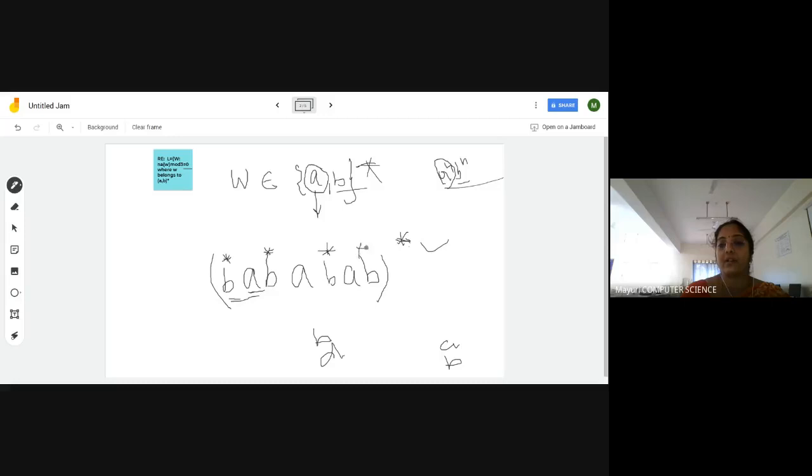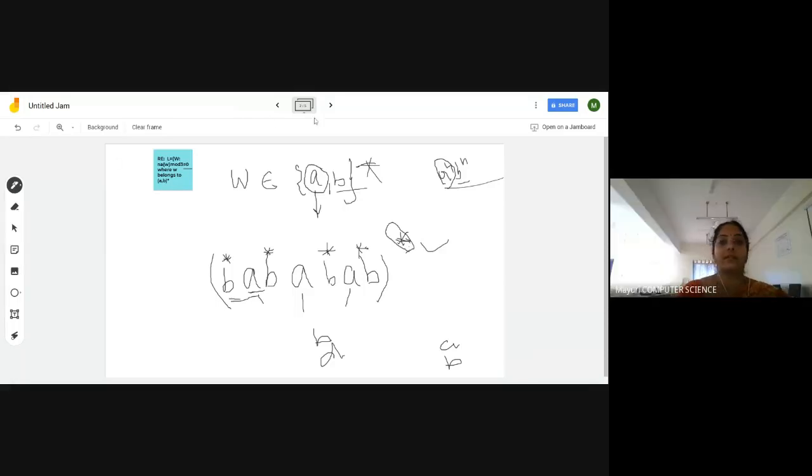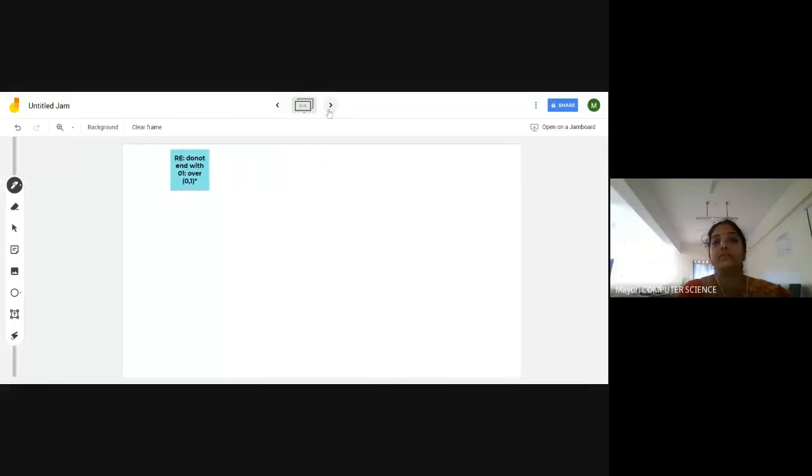Put stars for B. So what does it mean? The length of B, no issue, and wherever you include the B, not a problem. But I had a length constraint on A, this will always have multiples of 3. Multiples of 3. Understood? Yes, ma'am. Okay. So let's go to the next frame.